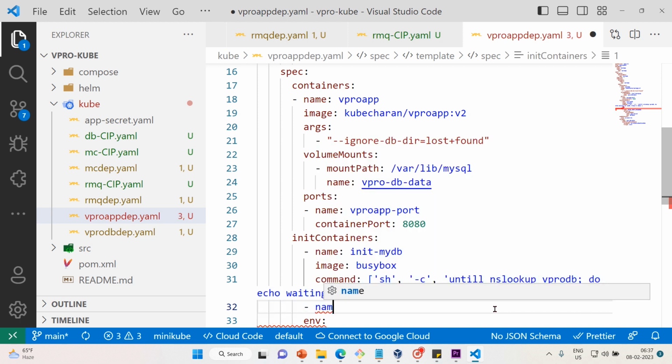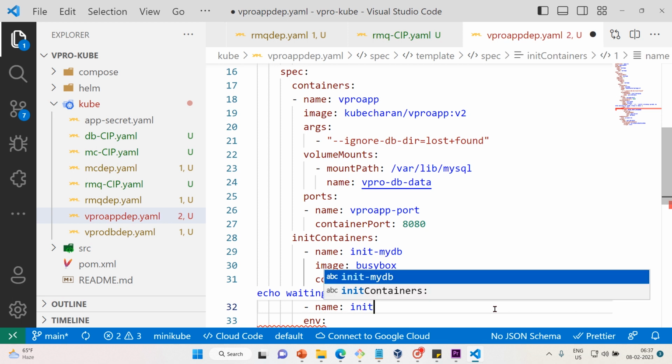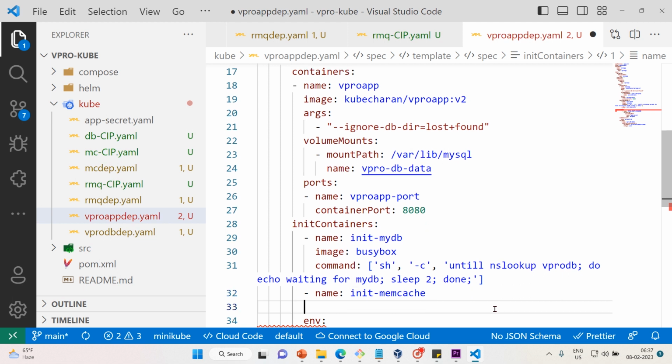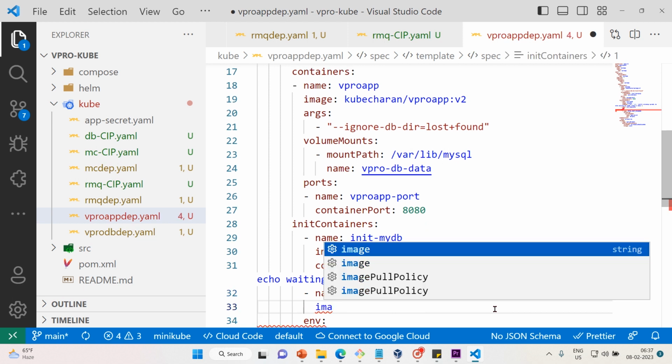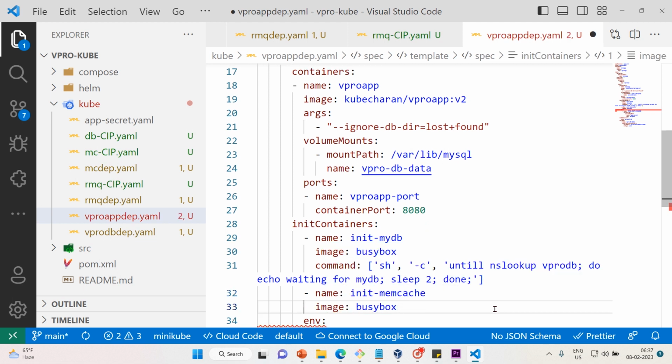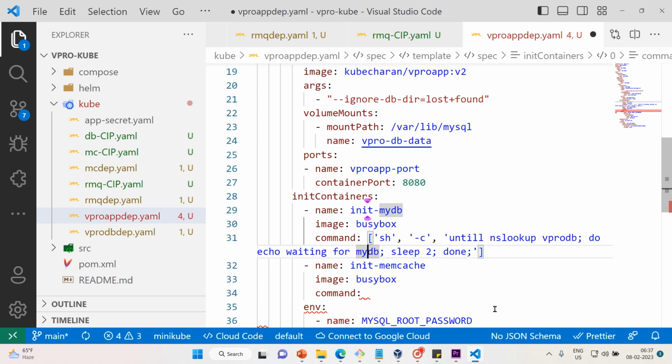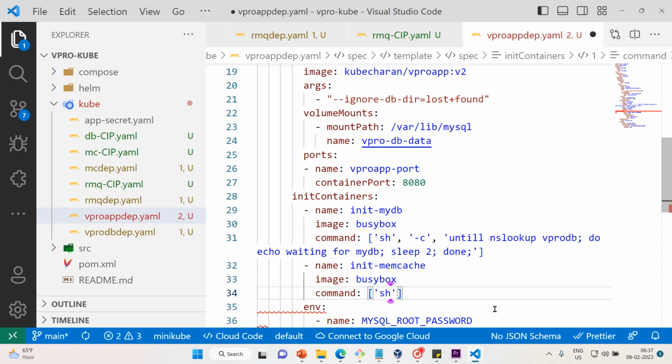Name: init-memcache. This is for memcache. So memcache, that's the name we have given. And image, again busybox. Then command, let me put the command here. sh, option -c,